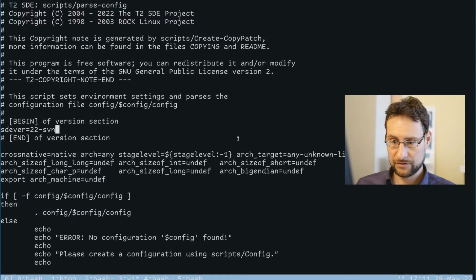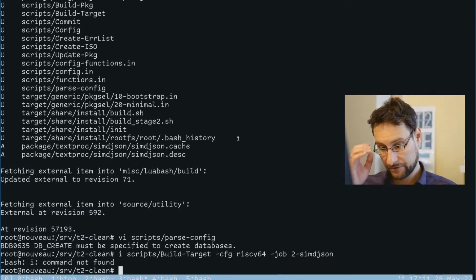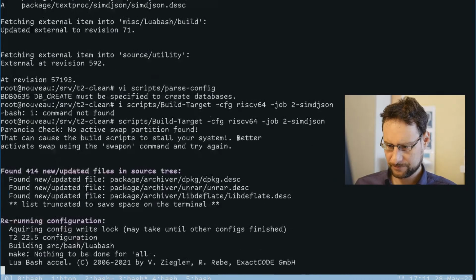What did we have? 22.5. Let's see what happens if we try RISC-V 64, which doesn't have a vector extension yet. Let's see what happens. Best without typo.